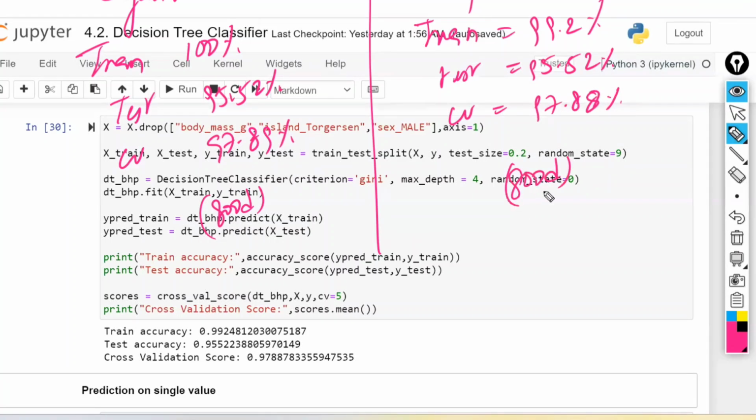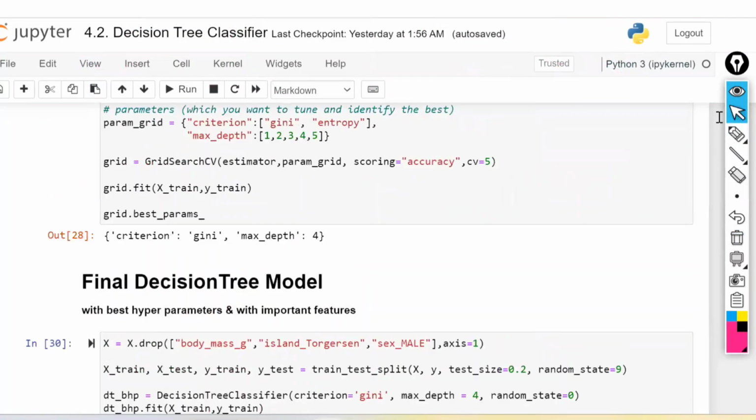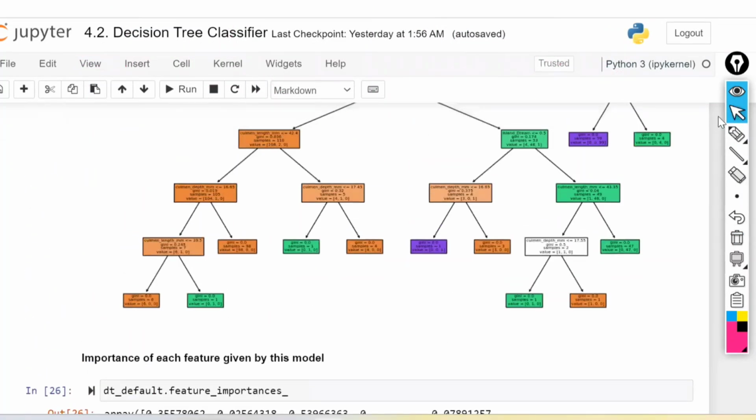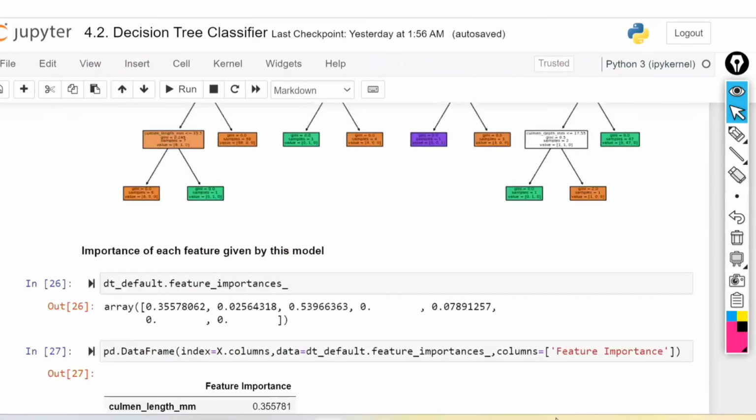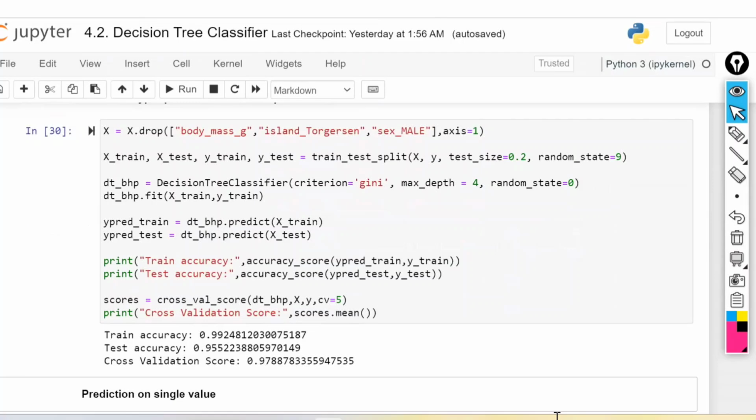Out of two good models, which one are we going to select? The one which has the highest test accuracy. Here both the test accuracies are the same. Now which one do we have to select? If the accuracies are the same, then consider time. Your default model was taken with a depth of 5. Now in the new model you are getting with a depth of 4 only. You have designed your new model with a depth of 4 only. Which one will take less time, 4 or 5? Simple.